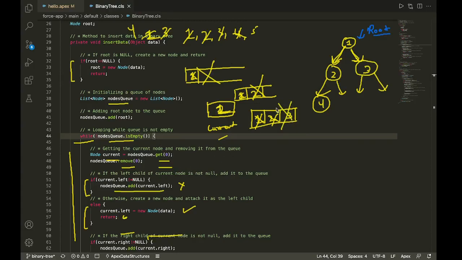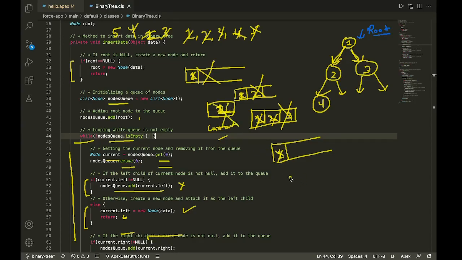So this queue is done. Let's proceed to node number 5. So this time we are going to have 5 passed inside our method. Again, this time root is not equal to null. We are going to proceed forward. We are going to again create a queue like this, and we are going to add our root node to the queue. So we are going to add node number 1 inside the queue. After that, we are checking while queue is not empty, proceed ahead. So queue is not empty. I'm going to get the first node from the queue and mark it as the current node. So first node is popped, and this is marked as the current node.